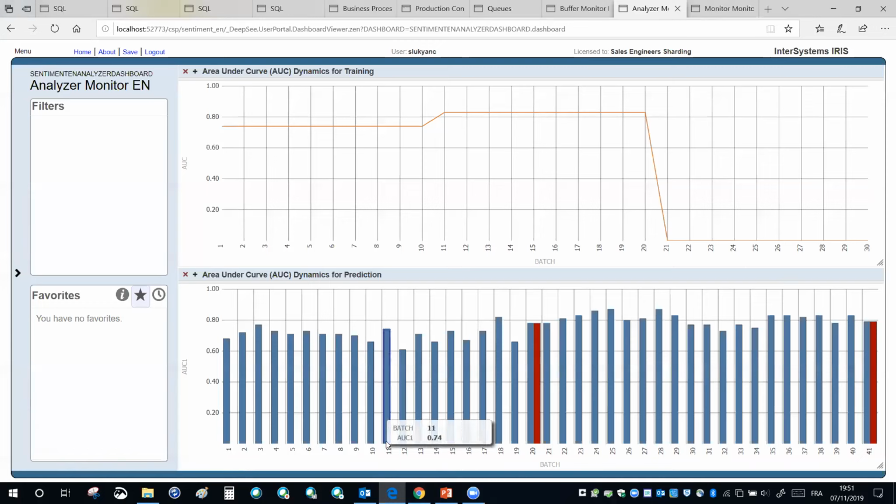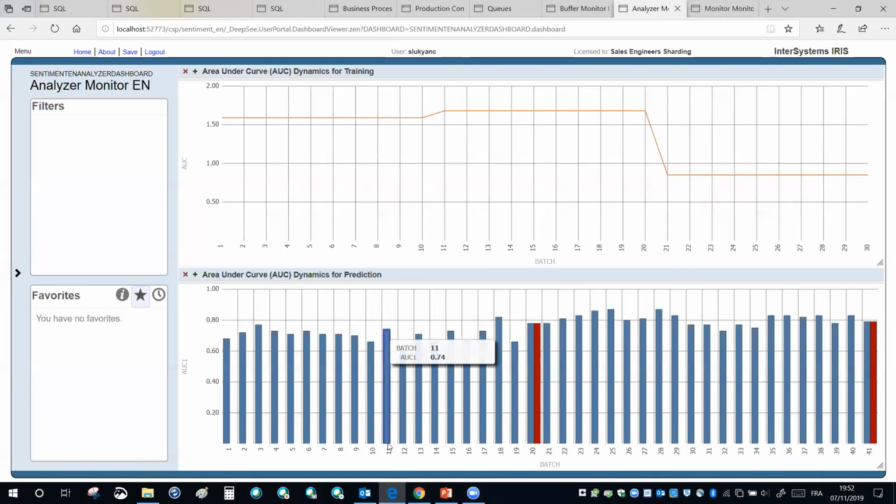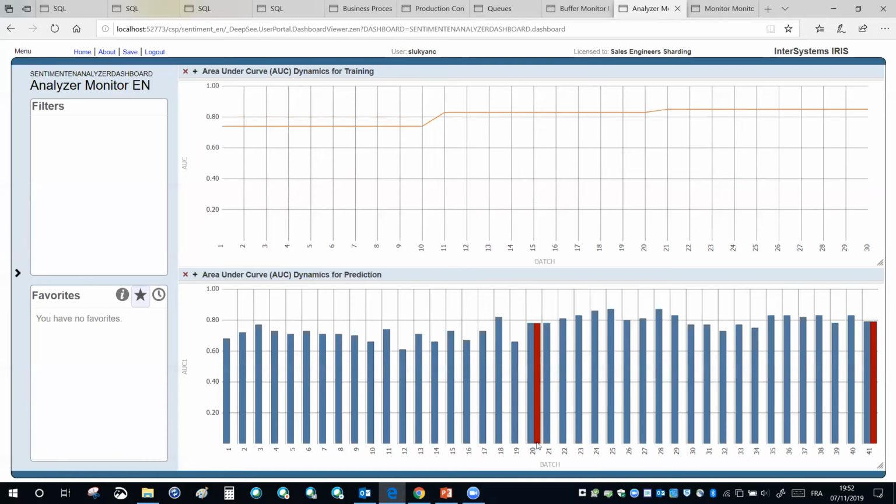Then what we configured is that instead of immediately switching to retraining, it has to fully rebuild the buffer. So it adds another 10 batches in the process before it is allowed to retrain.